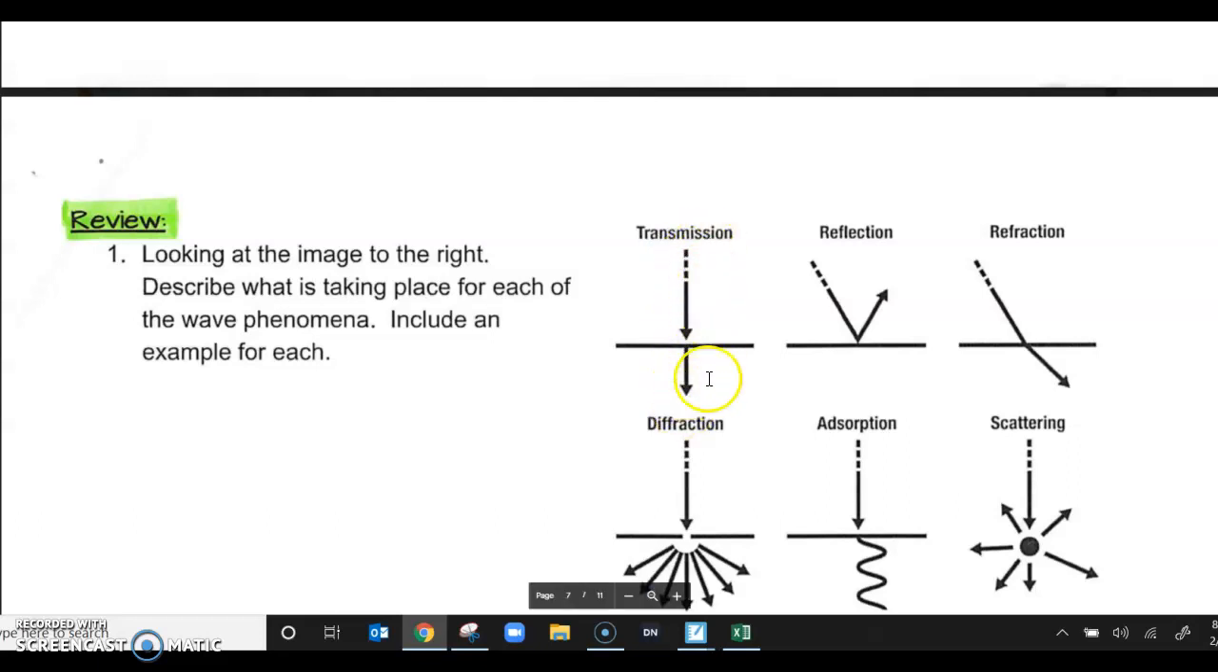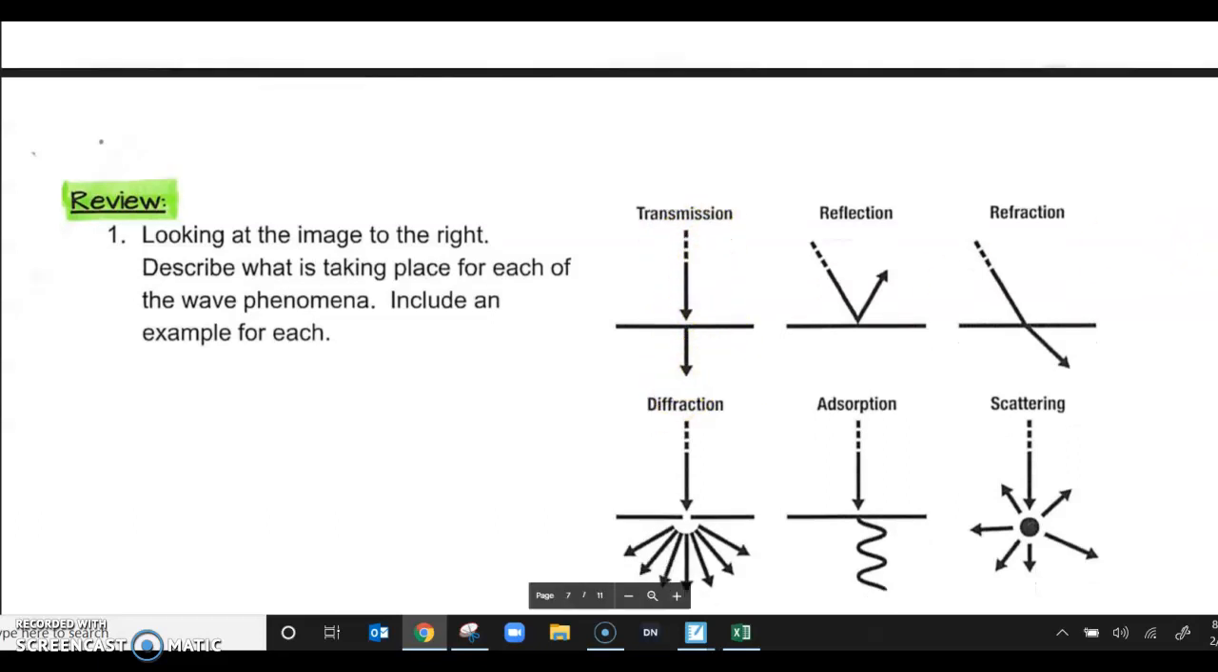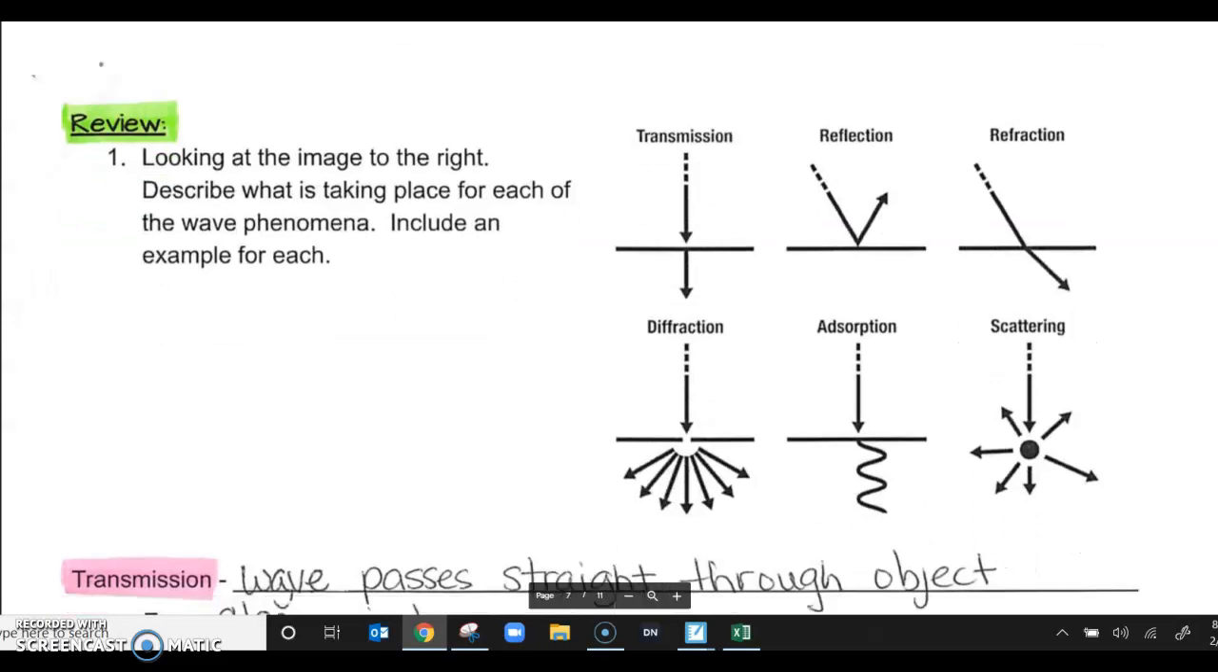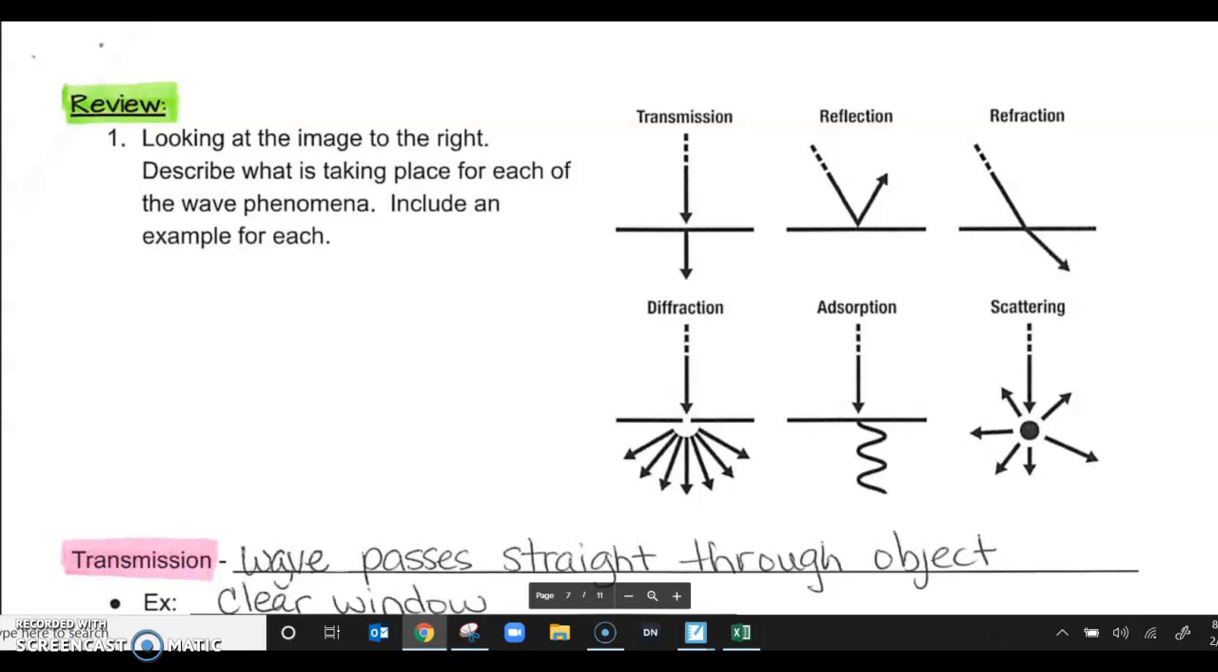Transmit means to pass straight through. So for transmission, the wave passes straight through the object, and that would be like light coming through a clear window. Now when we look at reflection, that would be when light hits a surface and bounces off. And of course, our immediate example for reflection is always going to be a mirror or any shiny surface. When the wave bounces off of an object, and with this one we were talking about light specifically,